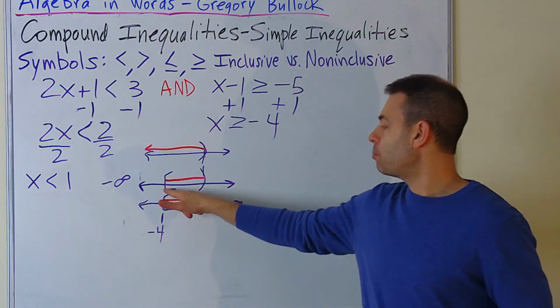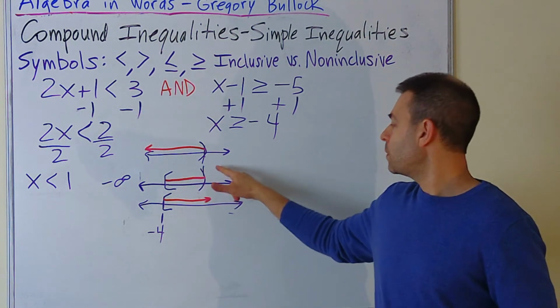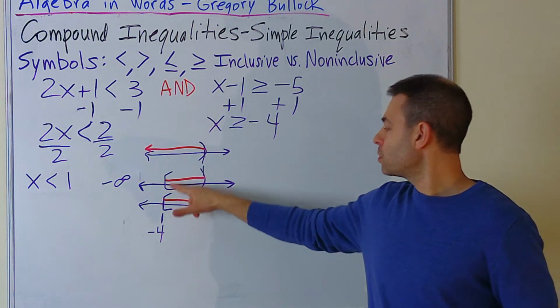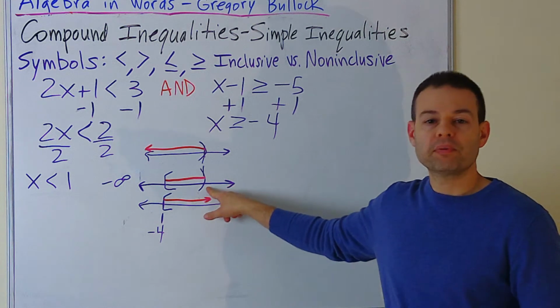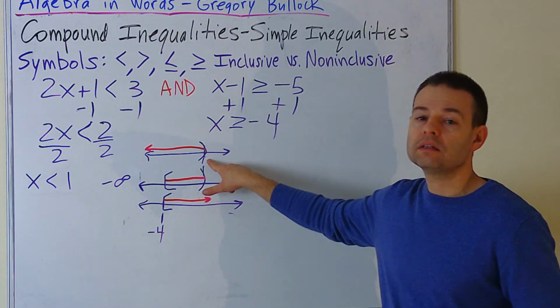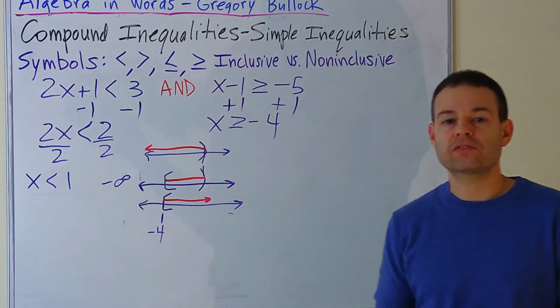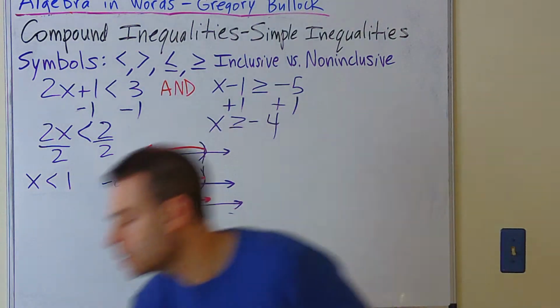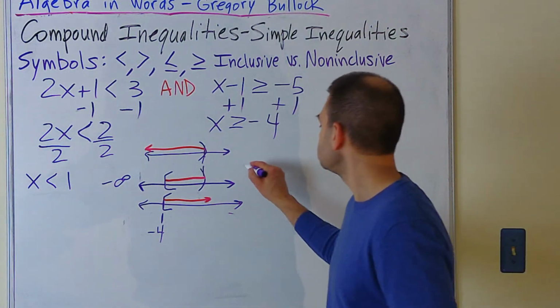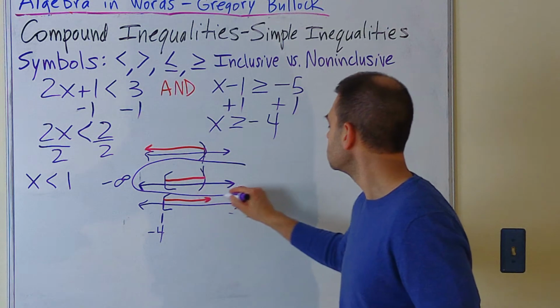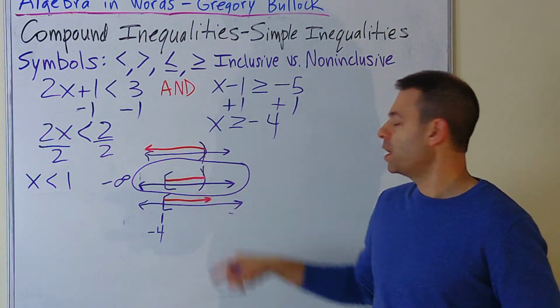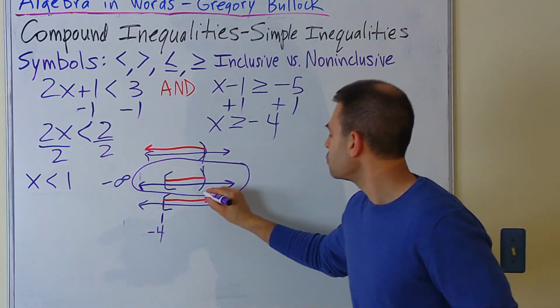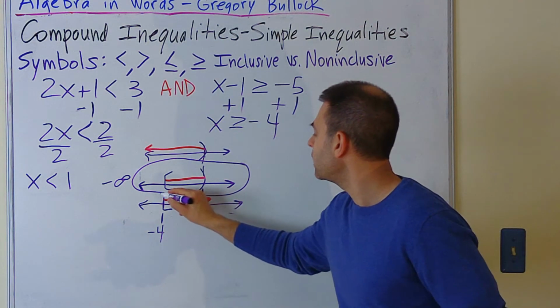So we would have the bracket open to the right, we would have the parenthesis open to the left, the bracket is at -4, and the open parenthesis is at 1. So this would be the answer if we were asked to graph it. So I'm going to circle that. Okay, and you would want the -4 here and the 1 here, but I don't have that much room. Let me squeeze it in here, the 1 and the